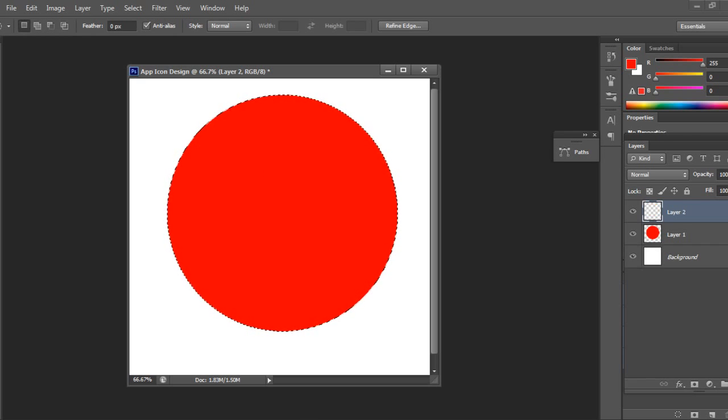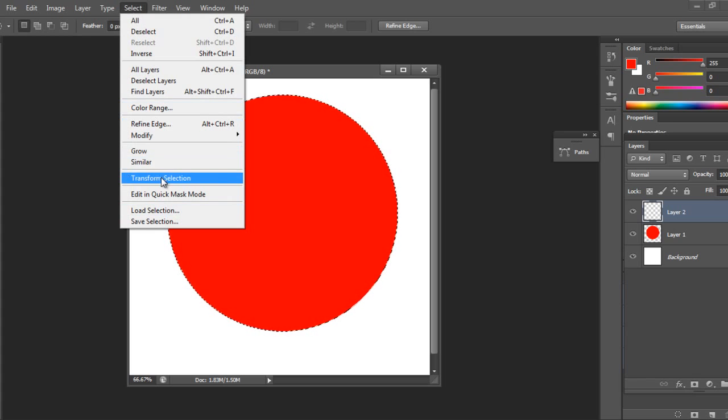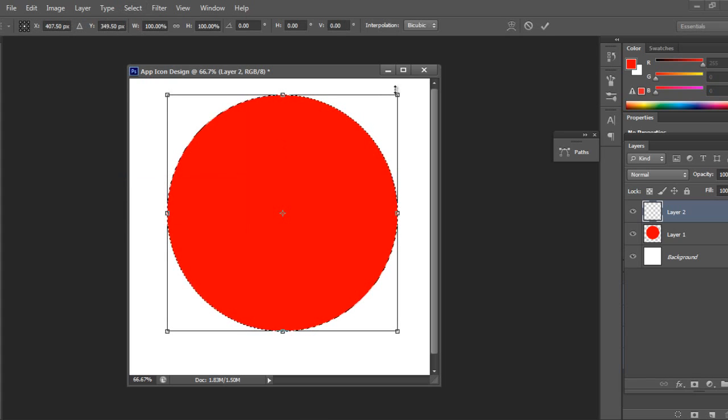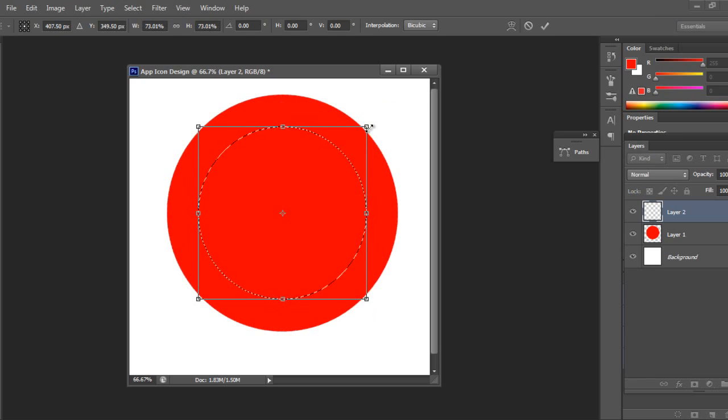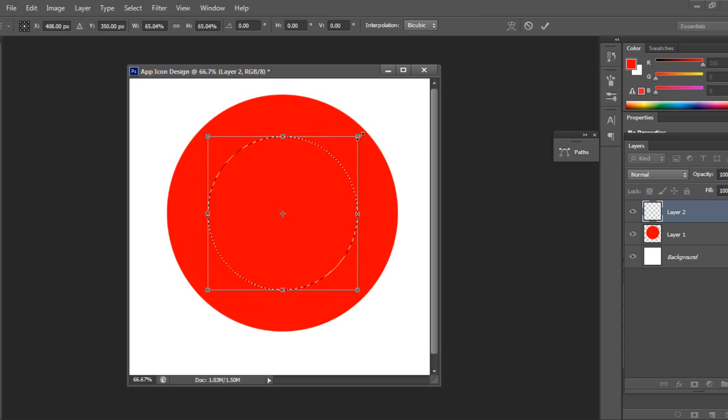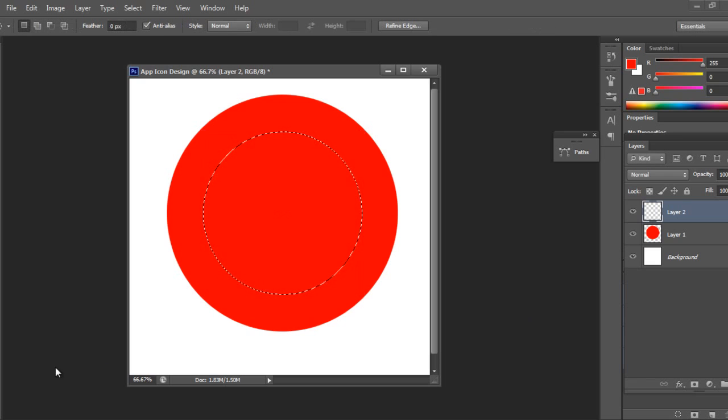I'll take one more layer. Now go to Select, Transform Selection. Press Shift and Alt again, and bring the proportionate selection down like this. I'll say OK. I'll fill this one with white.